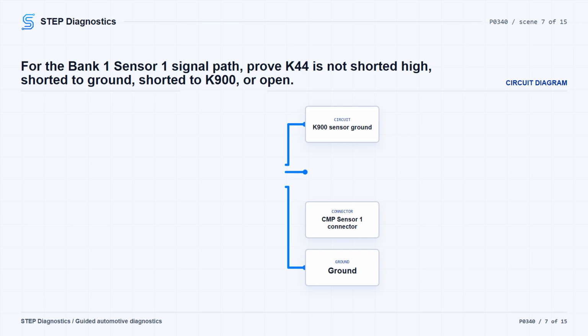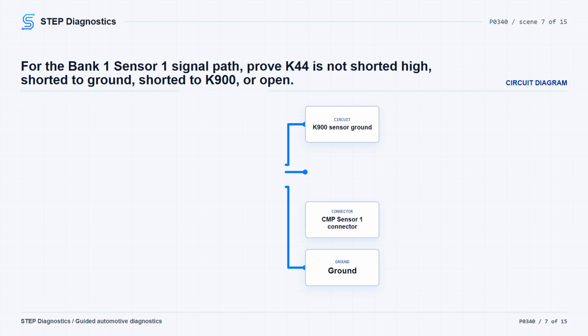With the CMP sensor 1 connector disconnected, measure the K44 signal circuit voltage at the sensor connector. If it is above 5.2 volts, repair the K44 signal circuit for a short to voltage and verify the repair. If it is not above 5.2 volts, key off,